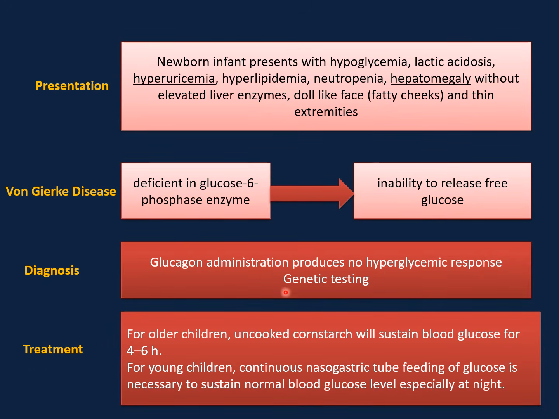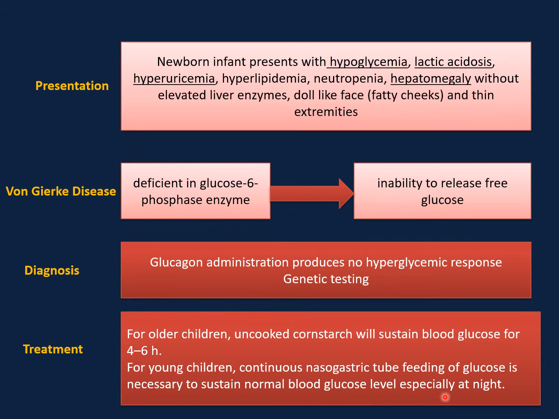The test will be confirmed with genetic testing. The treatment is to give them ready glucose to absorb without need to go through the liver for a breakdown. So uncooked cornstarch will sustain the blood glucose for 4 to 6 hours, and this will save their lives and will prevent the hypoglycemia. For young children, continuous nasogastric tube feeding of glucose is necessary to sustain